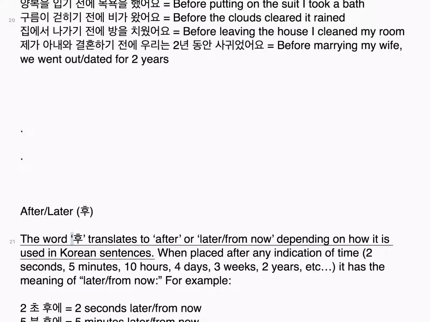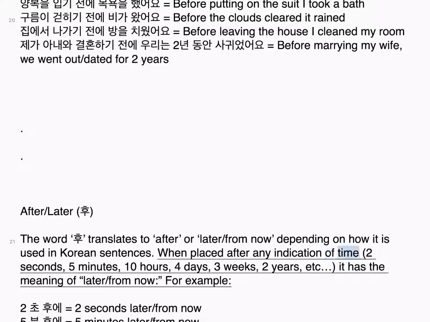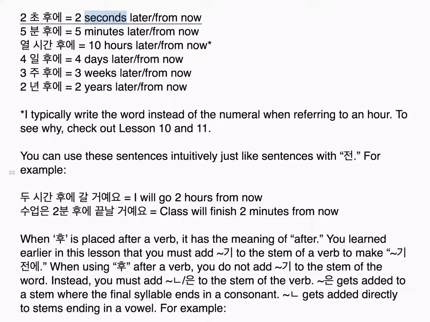The word 후 translates to after or later from now, depending on how it is used in Korean sentences. When placed after any indication of time, 2 seconds, 5 minutes, 10 hours, 4 days, 3 weeks, 2 years, etc., it has the meaning of later from now. For example, 2초 후에, 2 seconds later from now. 5분 후에, 5 minutes later from now. 10시간 후에, 10 hours later from now. 4일 후에, 4 days later from now. 3주 후에, 3 weeks later from now. 2년 후에, 2